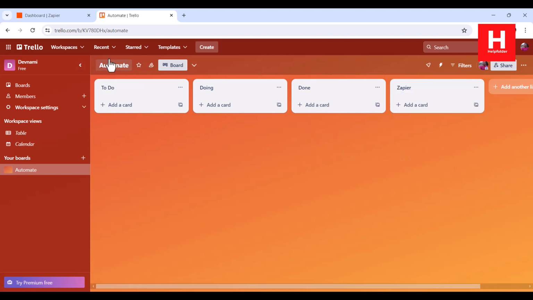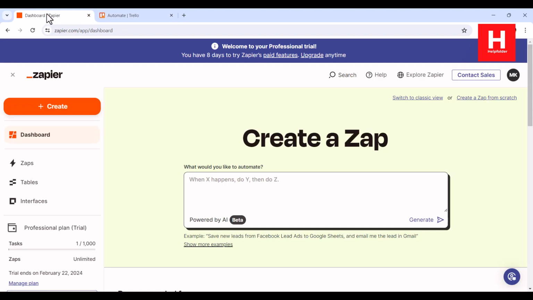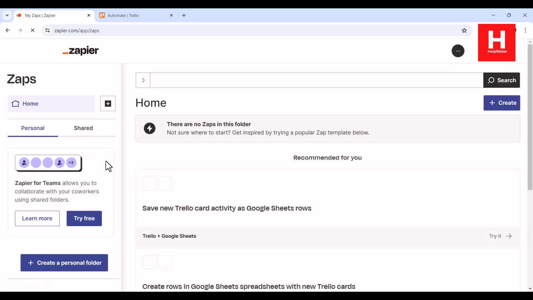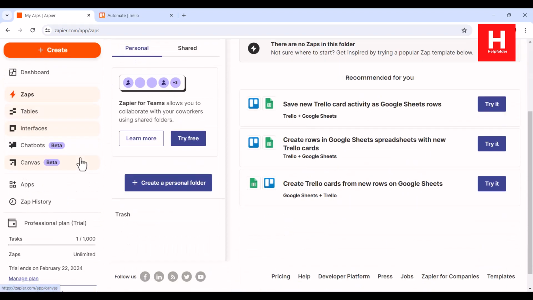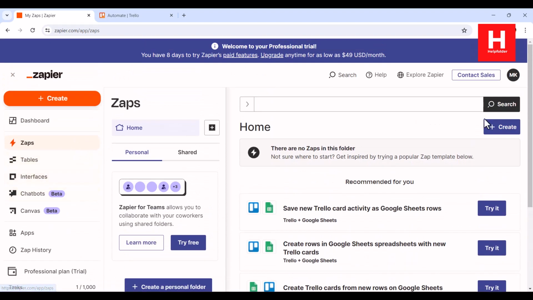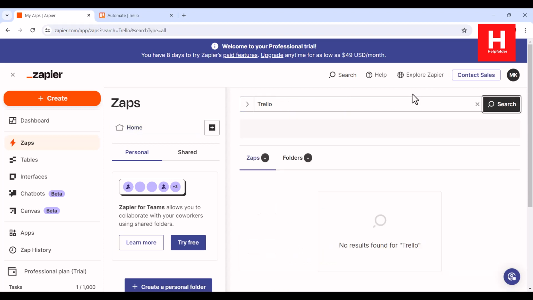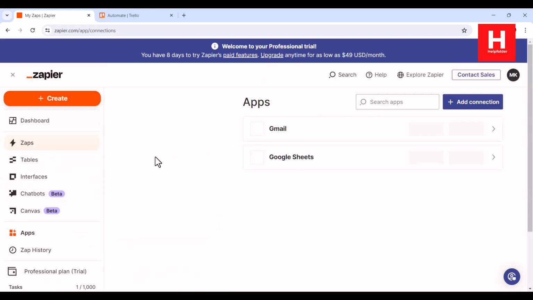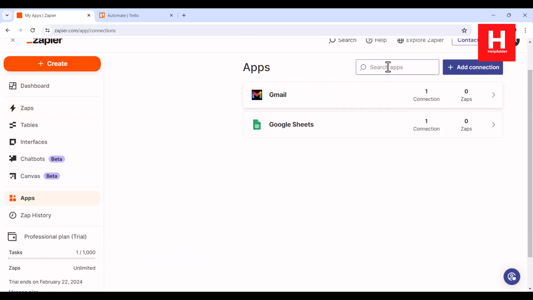Now what I can do is go back to Zapier. Then the next thing I will try is to click on Zaps, and let's see if I can create a new Zap. And also one more thing to do is I will be establishing a connection as well. So I will just search for it just in case. Right. Currently no apps I created, so I will go back to apps, and this is where I integrate. I will type in Trello,